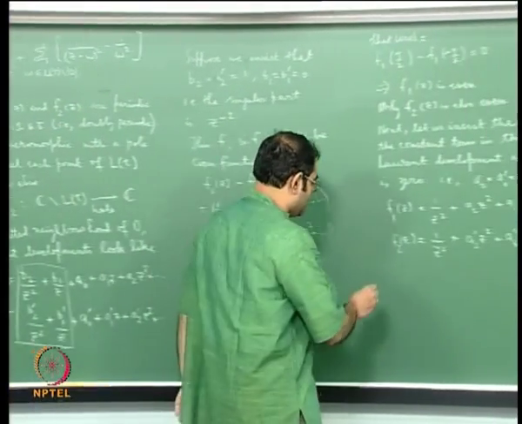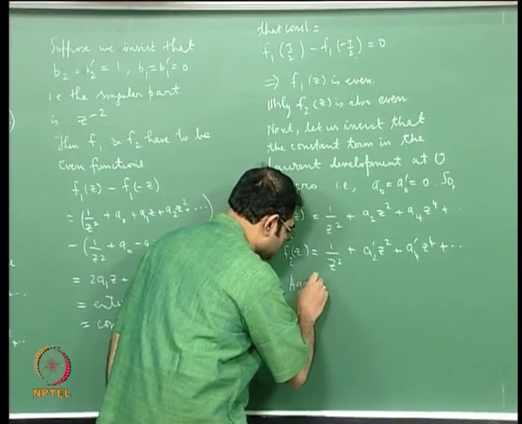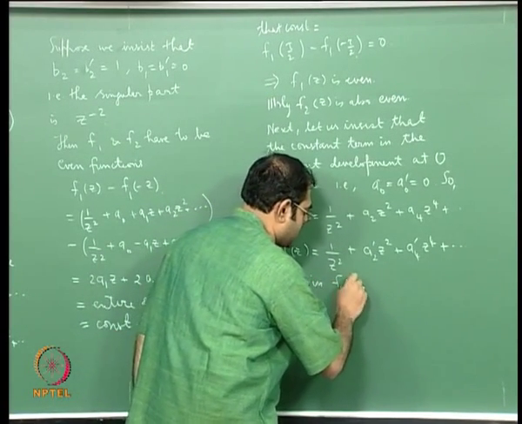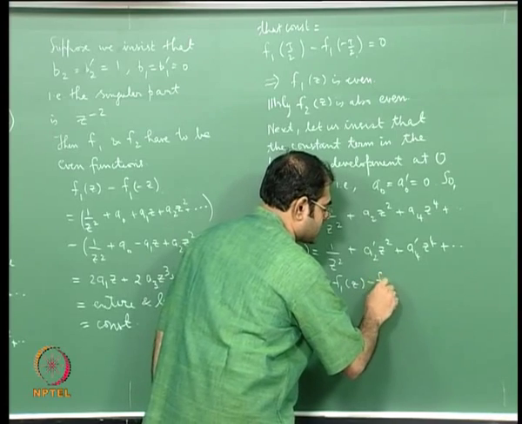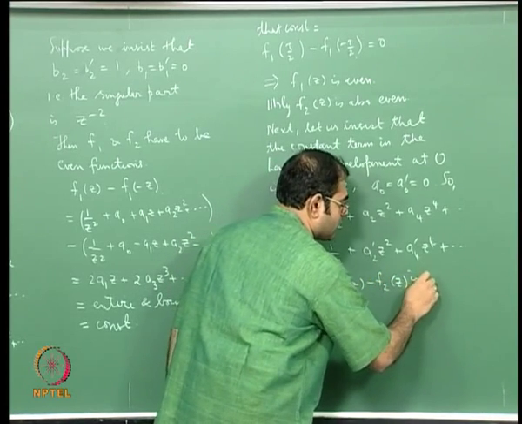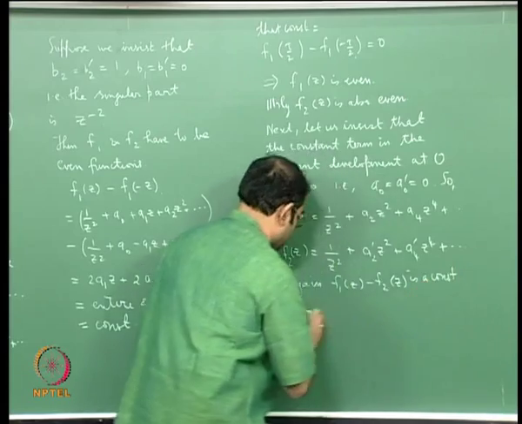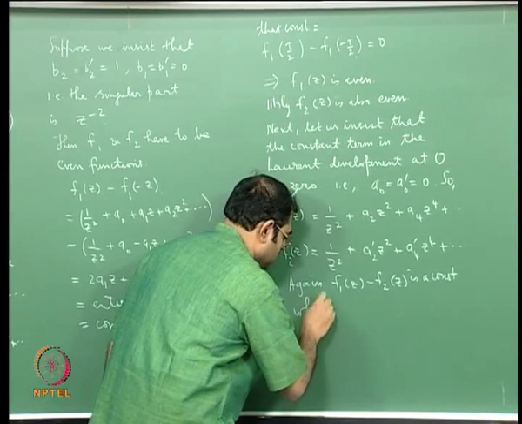So let me write that down again. f1 of z minus f2 of z is a constant which is 0,